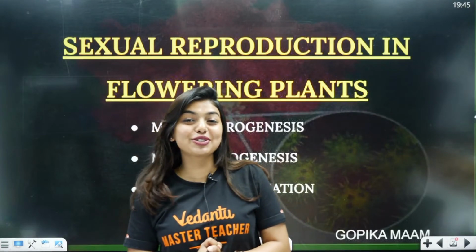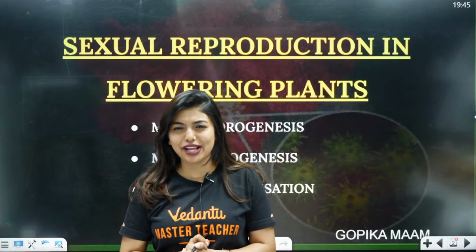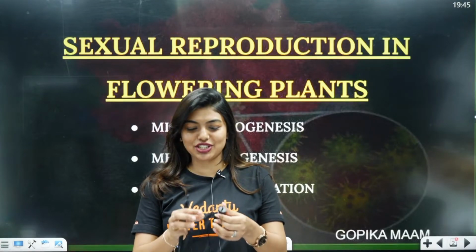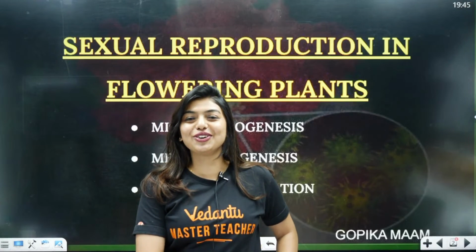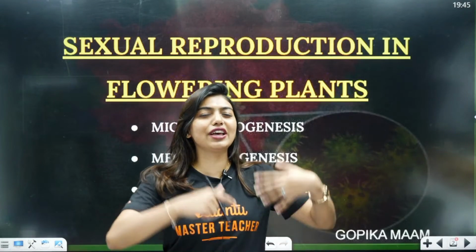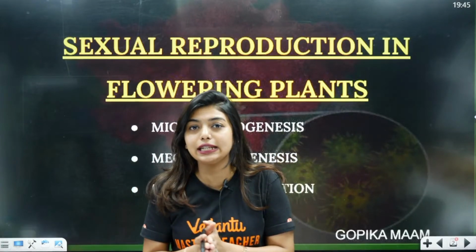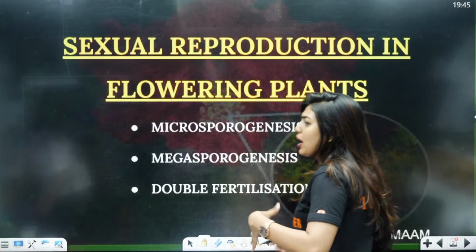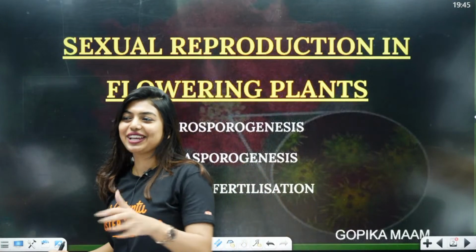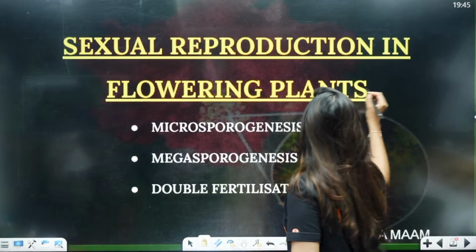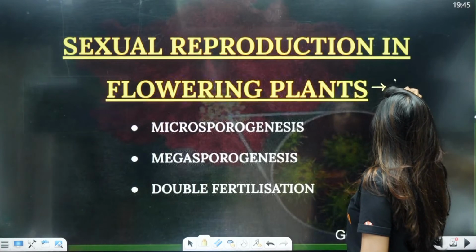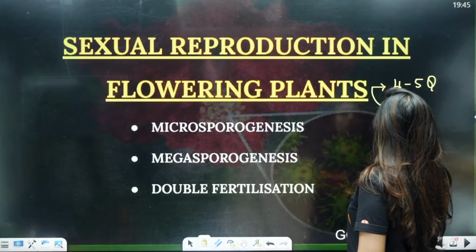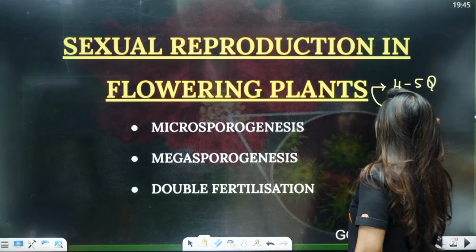Yes, are we ready? So today we are going to do sexual reproduction in flowering plants. Like I always say, being a zoology teacher, I always take up this chapter. Sexual reproduction in flowering plants is a very important chapter, and from the KCET point of view, how many questions are going to come? Students, you can expect 4 to 5 questions in your KCET, and in some places up to 6 questions have come from this chapter.